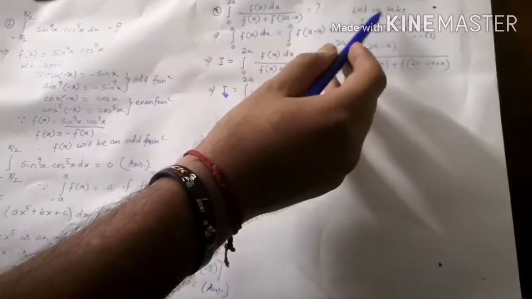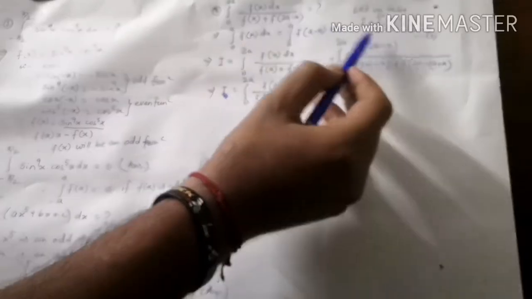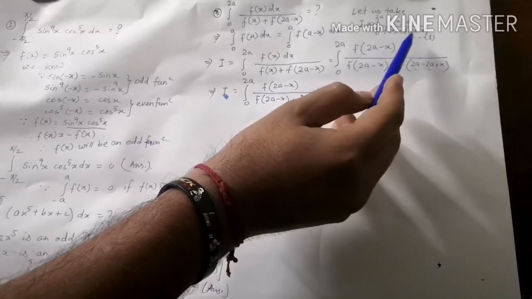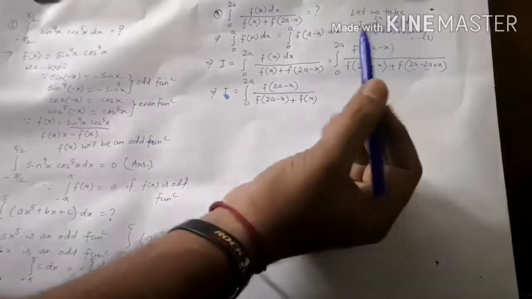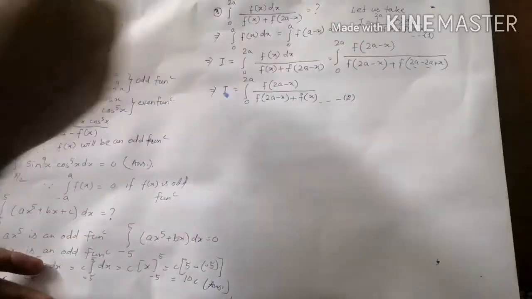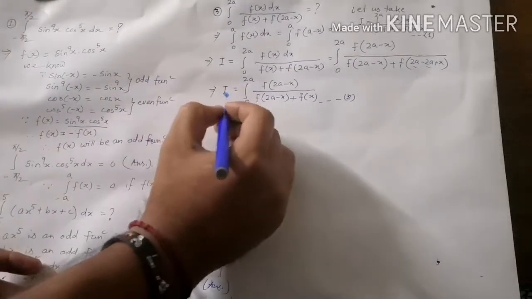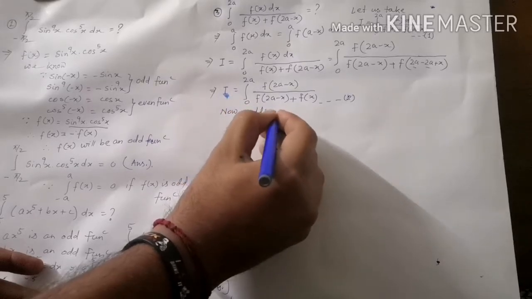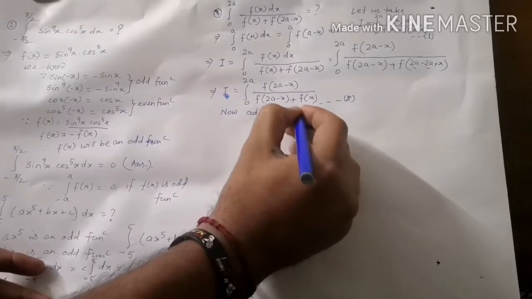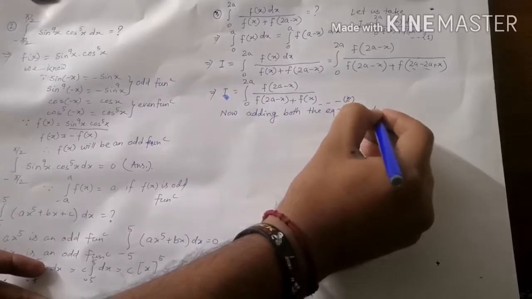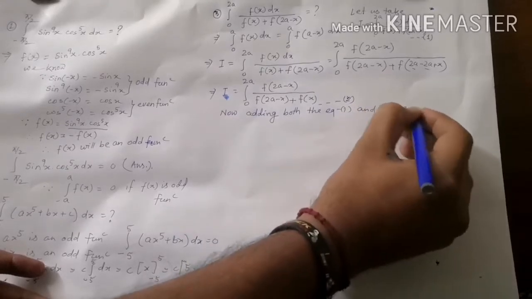Here let us take I equal to the integration 0 to 2a f(x) dx by f(x) plus f(2a minus x), it is equation 1, and through calculation we can get also I equals to this one. So let's take equation 2, and now adding both the equations 1 and 2, we get